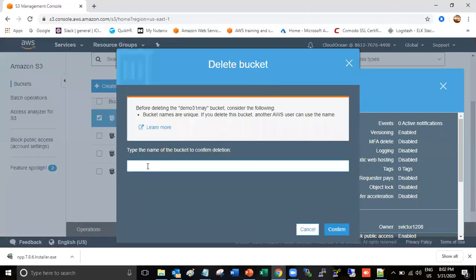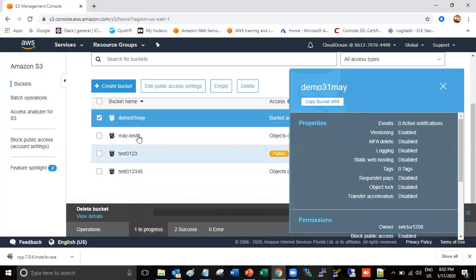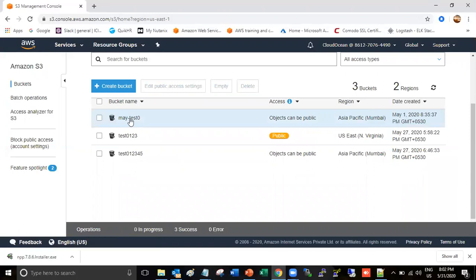Here you have to enter the name of the bucket. My bucket name is demo 31st May. Just confirm and it will be deleted.